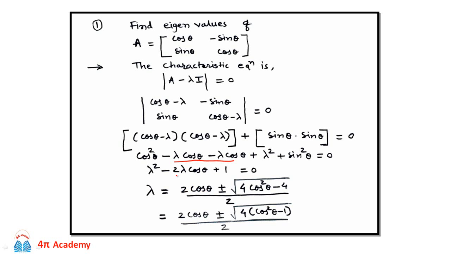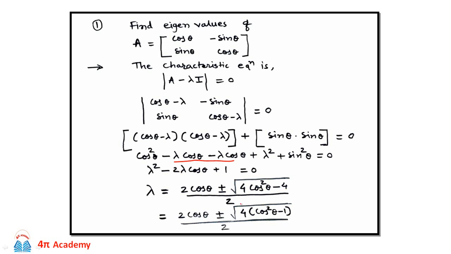So minus b will be minus 2 cos theta. Here it will be minus b, and since b is minus 2 cos theta, minus will become plus, so it will be 2 cos theta plus minus square root of b square minus 4ac. So this will be b square, that is 2 square is 4 cos square theta minus 4ac,